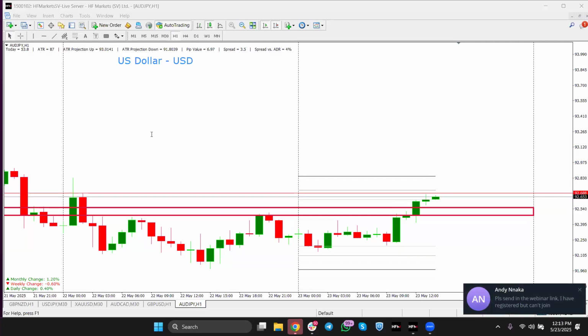So absolutely, we're getting very interesting movements from the dollar. And it is quite key that we are able to